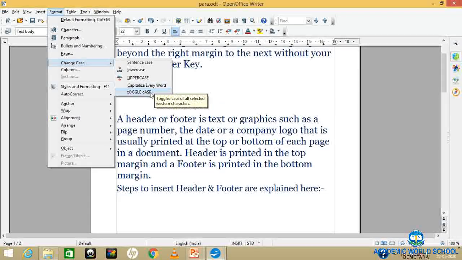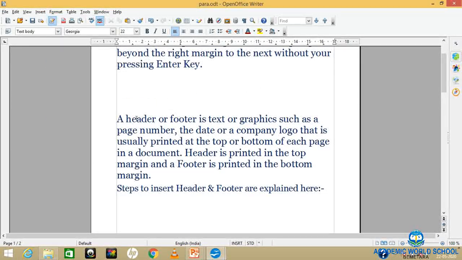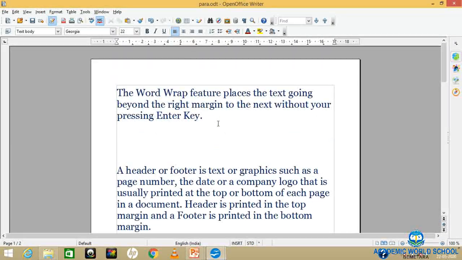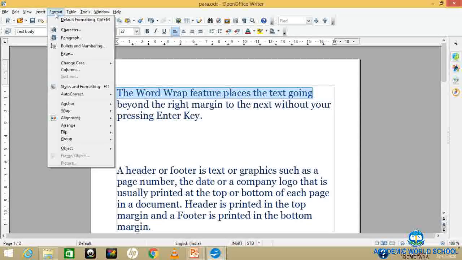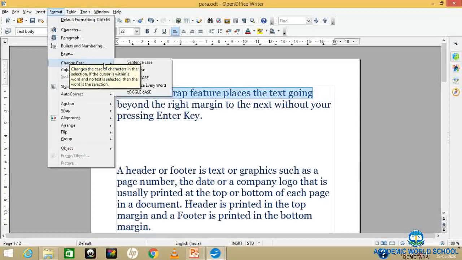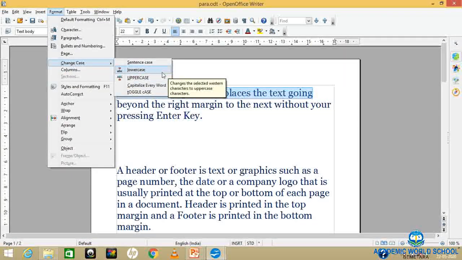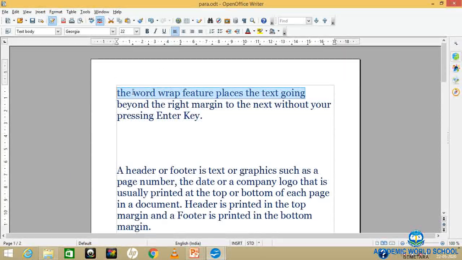If I change it into uppercase, this will change altogether into capital letters. If I take capitalize each word, every word, what will happen?